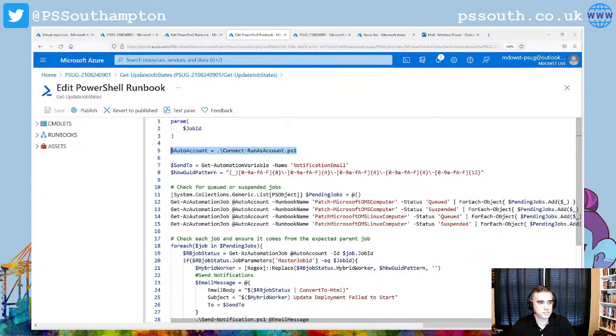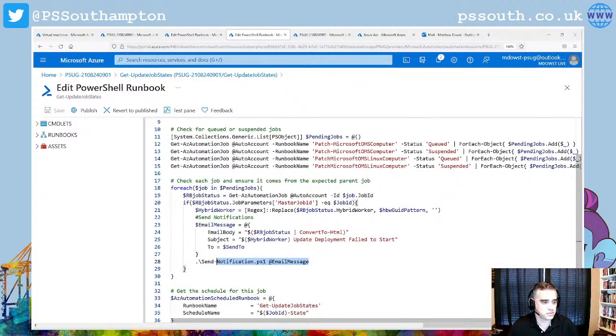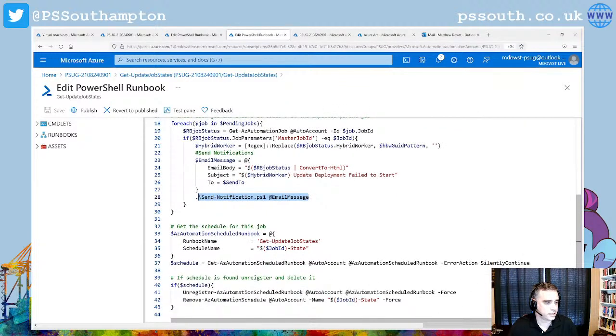So like I mentioned, the best way to think about that is basically it's like calling it as a function, right? If it exists, it's going to run inside the same context as this runbook. Now there is a way to call a runbook in a separate context, which we will see here shortly. But essentially, it's coming down here, gets the machines, and then just sends an email to me. It says, "Hey, these machines haven't started." Right, and then I even